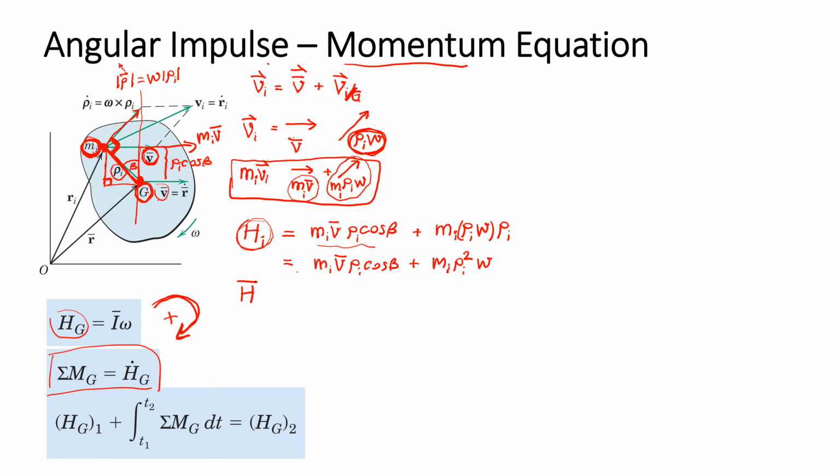Angular momentum about the CG? We need to sum all the angular momentum of any small particle. So for the sum, what we're going to have is